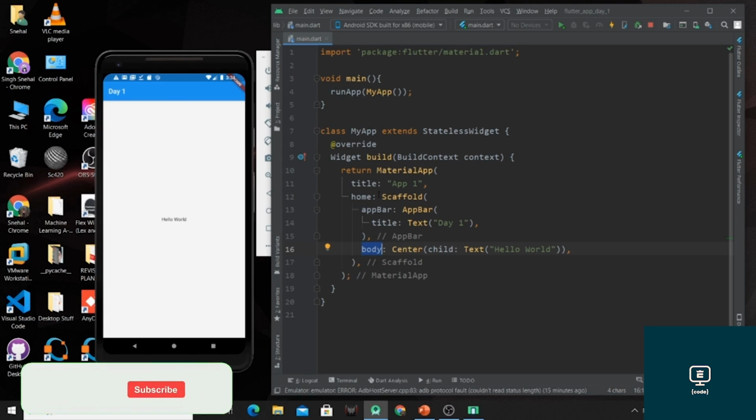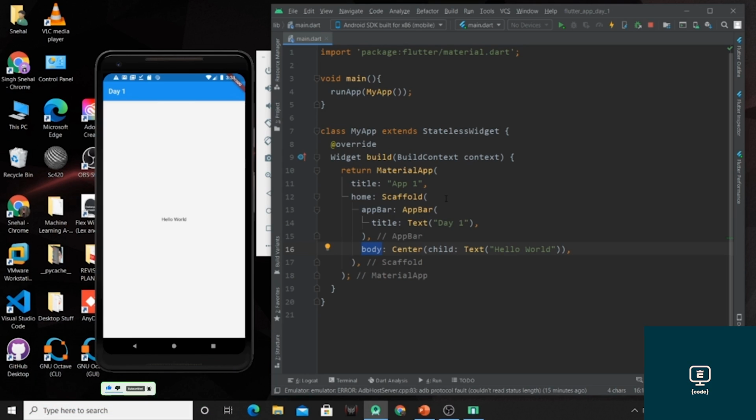This app bar is by default a horizontal bar, which is available at the top of our scaffold widget. This was the first property, that is app bar, and the second property available is the body part, which is the whole body under this app bar property.